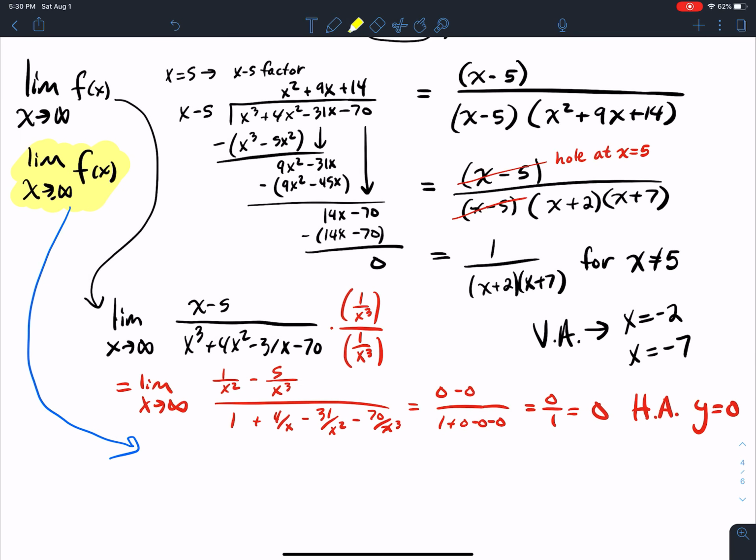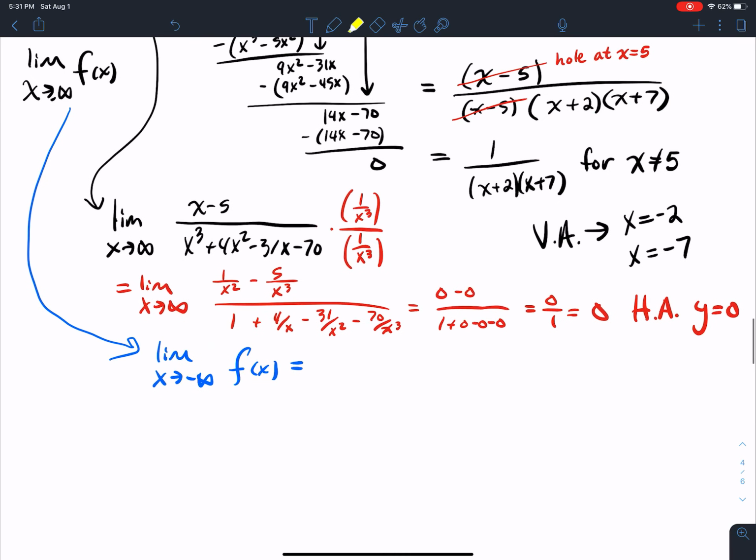All right, see if we get something different. Typically we won't, but sometimes we might. So take my limit here as x goes to negative infinity. Now, as x goes to negative infinity,